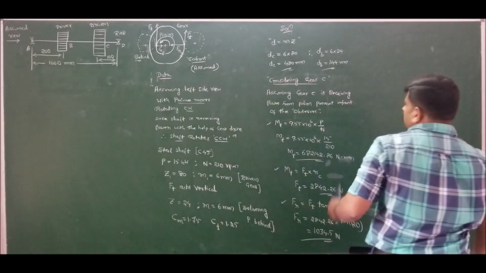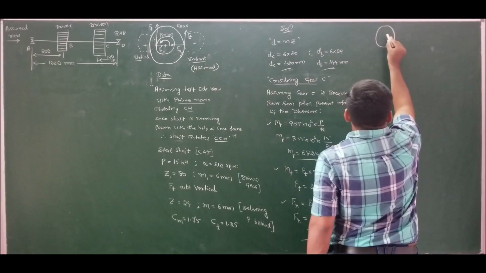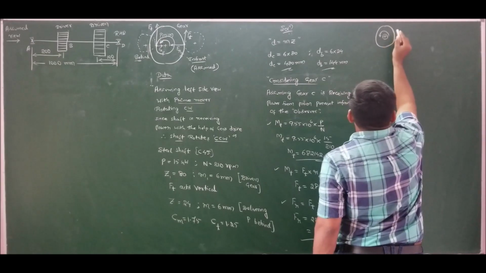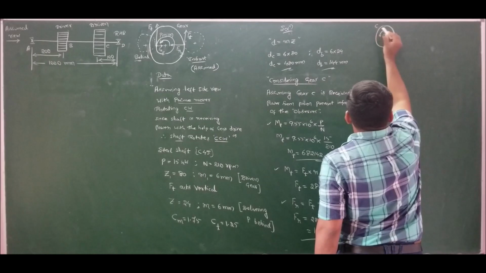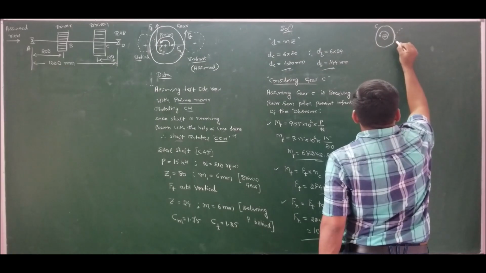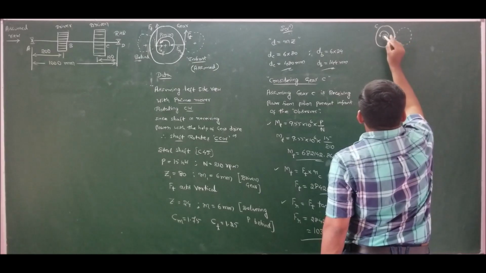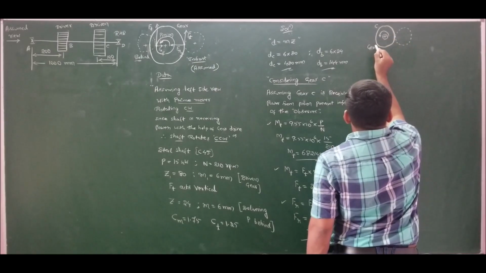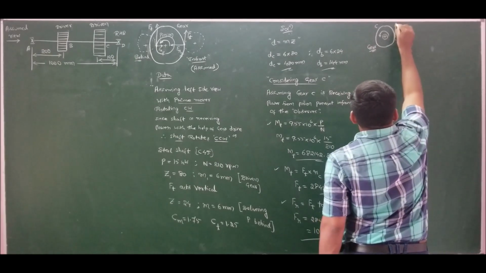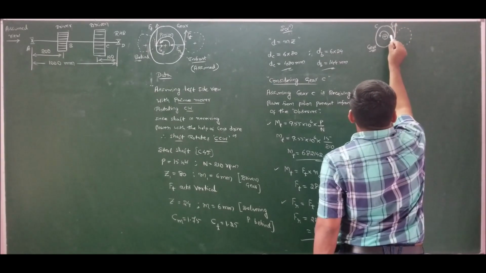So if I draw the free body diagram of gear C, we have gear C which is rotating in counterclockwise direction, where we have the shaft to be designed. This is gear C, which is driven in front of it. So therefore this is our assumption. So this is the point of contact for gear. I should mark Ft in the same direction as sense of rotation. So mark Ft, and we have Fr acting inward.